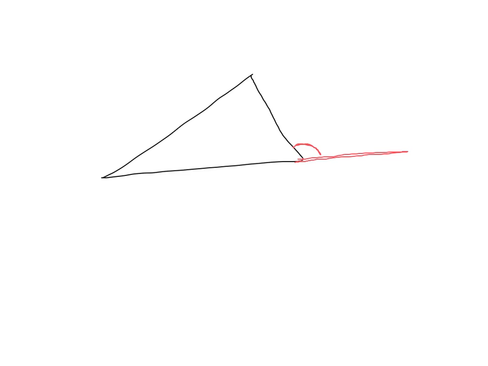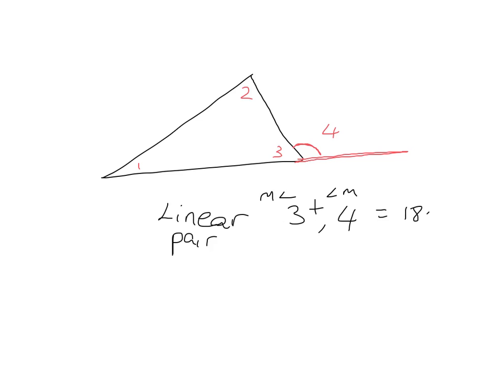So let's say we have this exterior angle though. Let's call it 4. The reason is the ones inside will be called 1, 2, and 3. All right, so as you could probably see, 3 and 4 make a straight line. 3 and 4 is a linear pair. So let's write that down. 3 and 4 is a linear pair, which means that they are supplementary and they have a sum of 180 degrees. So the measure of angle 3 plus the measure of angle 4 will be 180 degrees